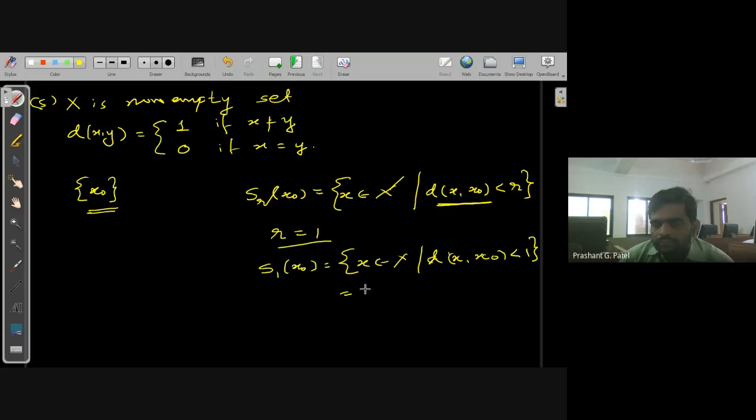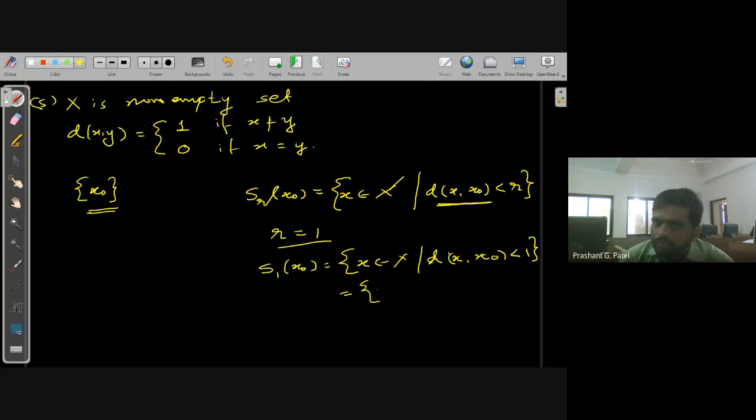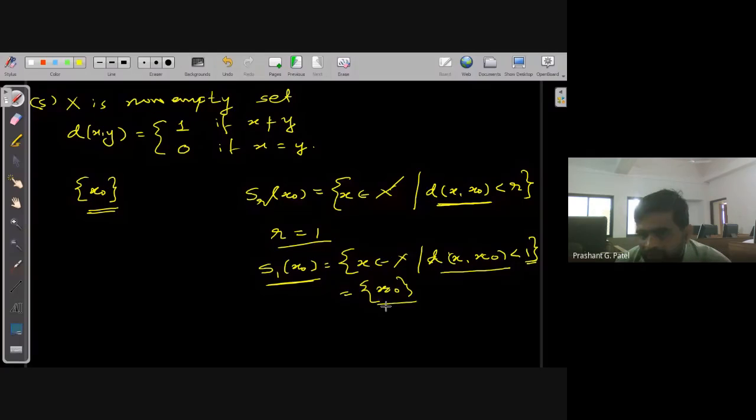What does the set contain? Only x0. Because r is 1, there are two possibilities, either x is equal to x0 or x is not equal to x0, but x is not equal to x0 is ruled out because this quantity is strictly less than 1. So this open sphere contains exactly one point, x0. No other point is there.